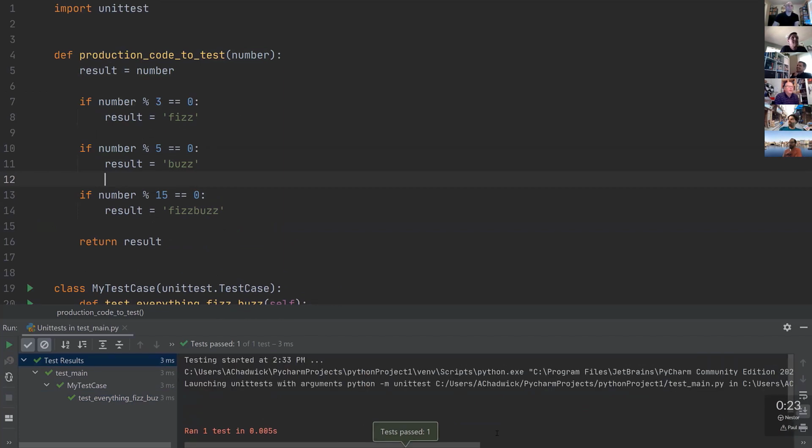Nice. Another way you could have attacked that could have been to say return instead of setting it to a variable, and then it would have returned it right away, right? Yeah, and what I'm looking at here is that we've got duplication of some logic and strings, so I'm wanting to tackle that next. So if we say number mod 3 equals 0, can we do result plus equals